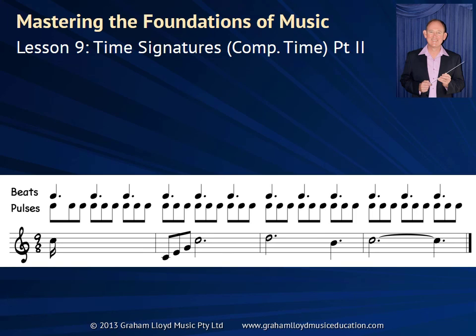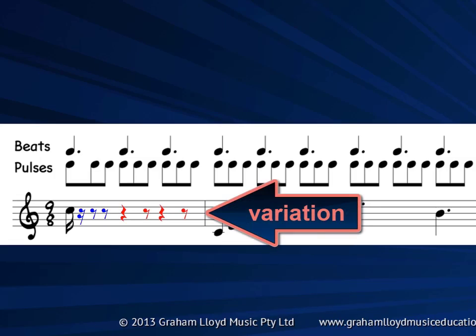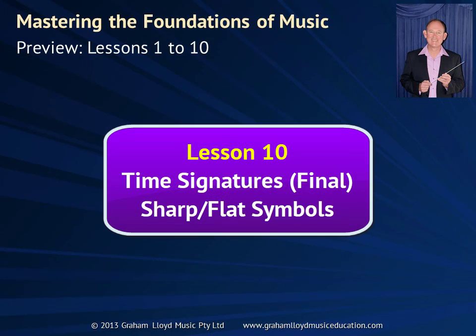Using our phrase, complete the pulse, complete the beat, complete the bar, we can insert a 16th note rest here to complete the pulse. Then 2 8th note rests next to it to complete the beat. Finally, we complete the remaining 2 rests, remembering that we avoid using rests greater in value than 1 beat's length unless we're in quadruple time, which we're clearly not in this example. So again, we complete the pulse, complete the beat, complete